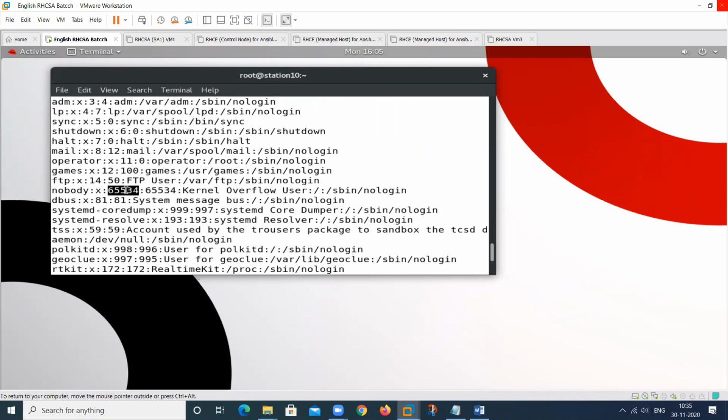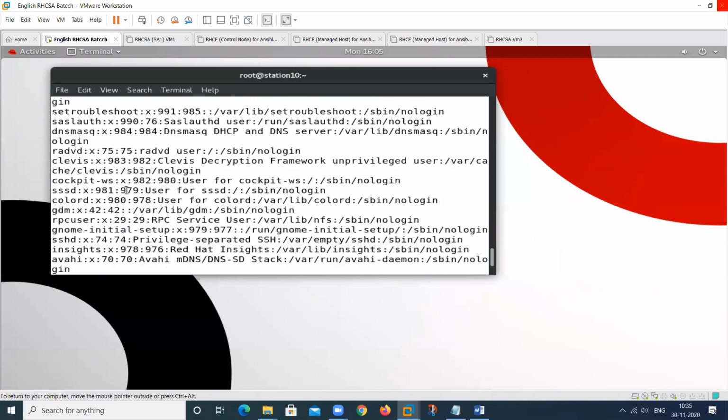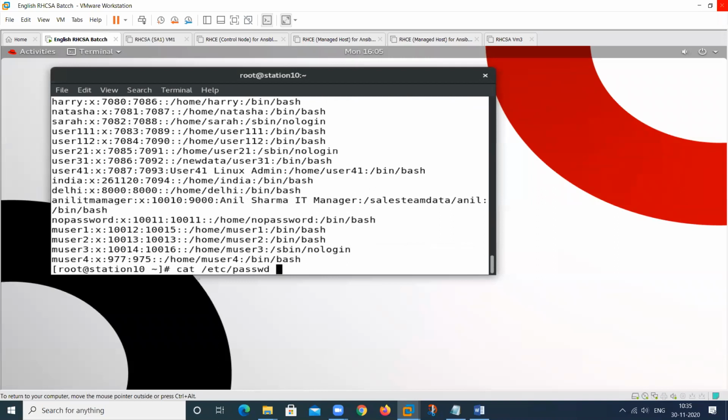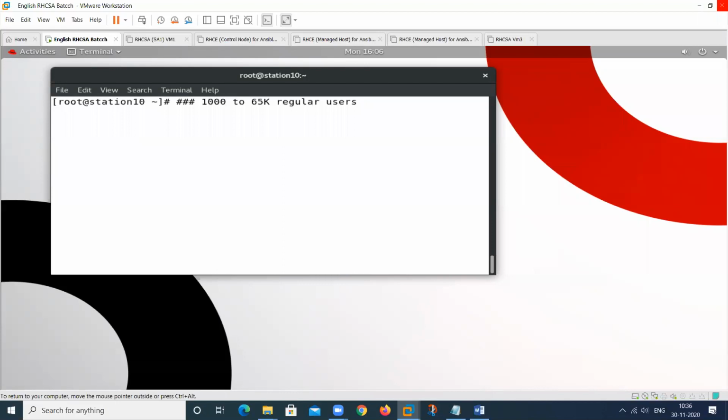So it can be this. So these are about the regular users. It can start from 1000, from 1000 to 65K and above. So this is about the user ID and group ID.